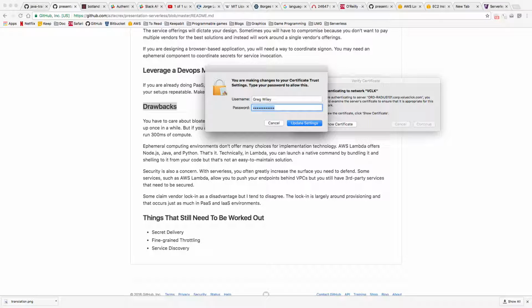Nope. Yeah, that's been happening. That's your local password. I don't have a local password. Your certificate trust settings password. Yeah, there are two different ones. Did you recently change it? It's the same one. So try all the passwords you've had in the past X amount of days, before it locks you out.